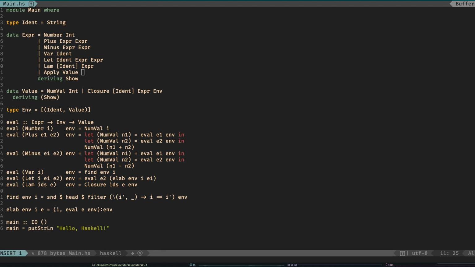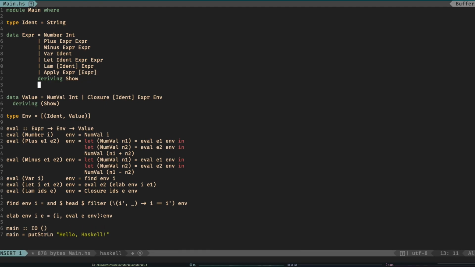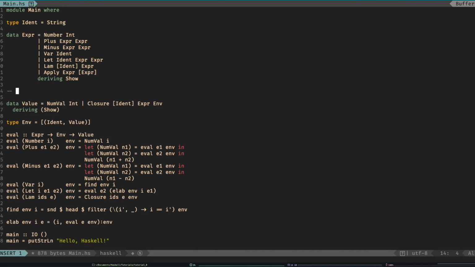Maybe not. No. It should be expression. We will evaluate it to a value and expression. So apply is essentially, say I had a function in Haskell to evaluate the nth term of the Fibonacci sequence, fib 10. That is like apply. So in our abstract syntax, that would be apply,